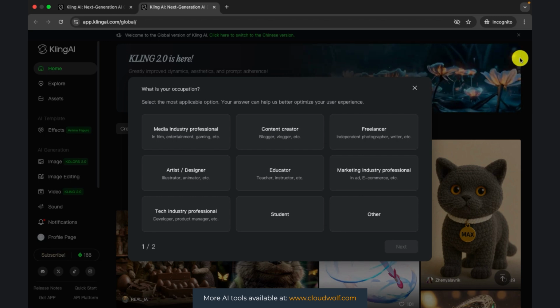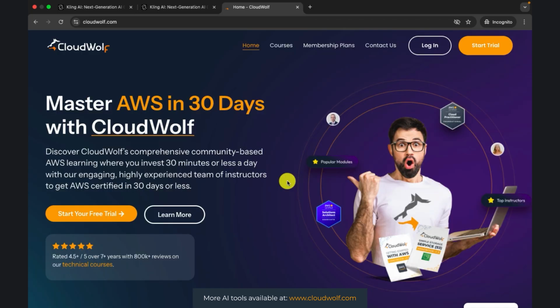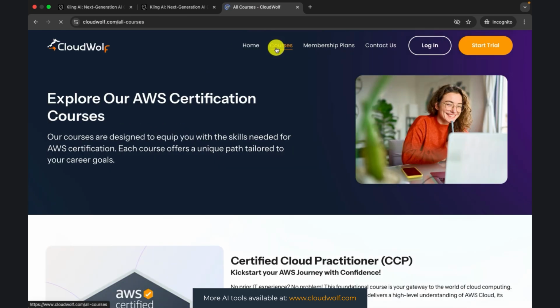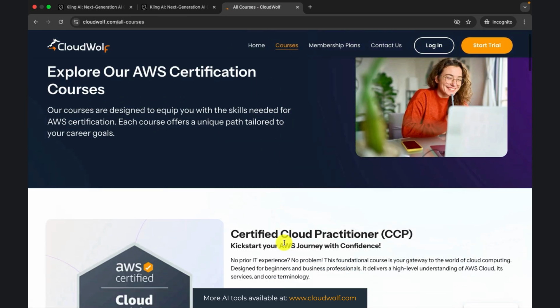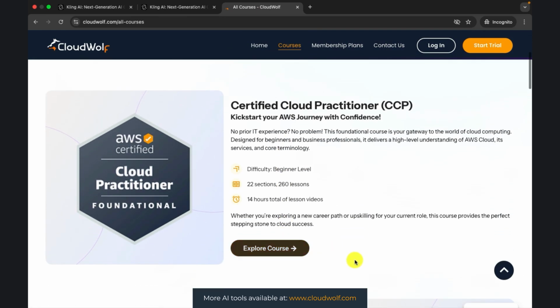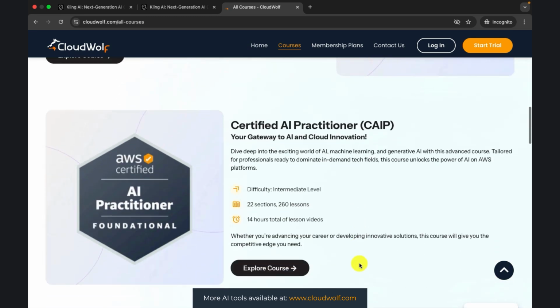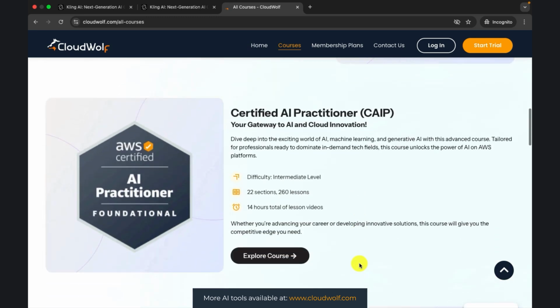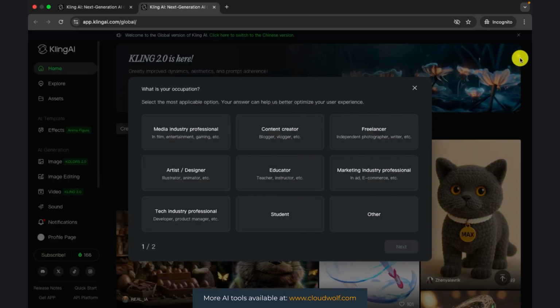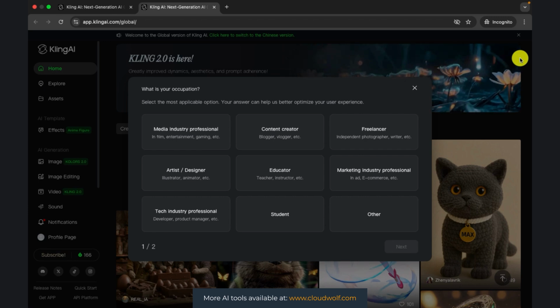And it's actually a real use case that I'm applying for myself at the moment, because at the moment I'm trying to make some ads for CloudWolf. It's a platform where we provide online courses on how to get certified in all the AWS certifications like Certified Cloud Practitioner, Solutions Architect Associate, Certified AI Practitioner, and more, like the AWS Developer Associate that is coming very soon. So I want to do some video ads for CloudWolf, to invite people to the CloudWolf platform,